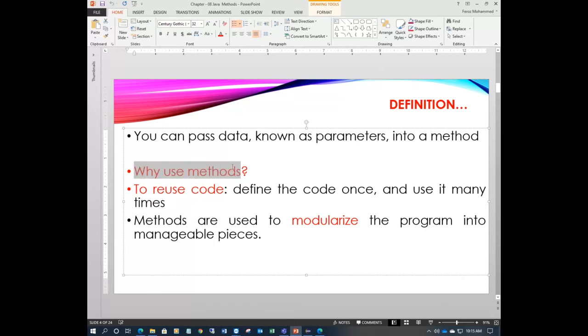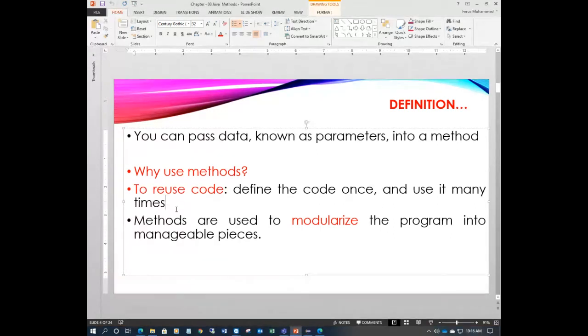So why do we need methods? First thing, to reuse the code. Sometimes you write some code logic once, but you can use it many times instead of repeating the same code again. For example, you have written some part of the code which is common. Every time you can use it without writing it again.